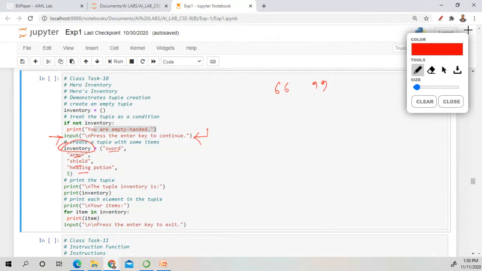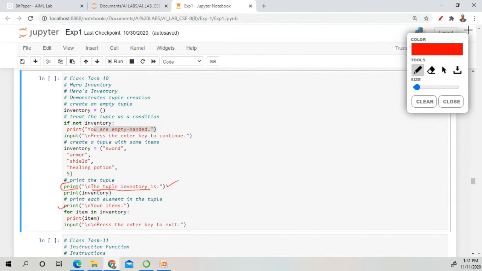Anything in between the inverted commas is considered a string. Understood? So we have created four items here. After that, we print the tuple inventory is, and it is printed as it is.